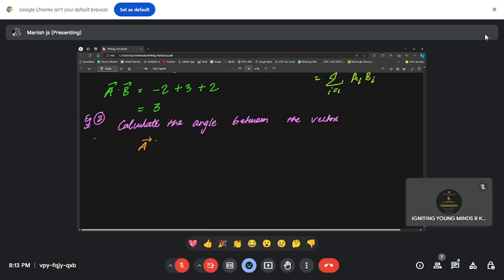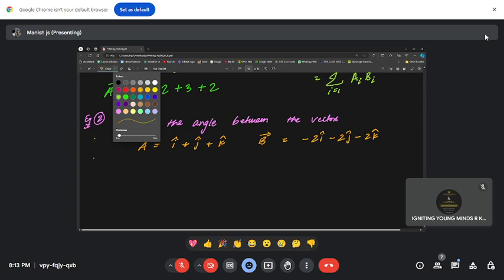Say vector A equals i plus j plus k. Okay, this is vector A. And I'm giving another vector. Vector B is equal to minus 2i minus 2j, okay, minus 2k. Fine. So you have two vectors, children. So what do you think will be the angle between these two vectors? How do you find out the angle? Okay, make use of the second formula because the second formula relates the angle basically.